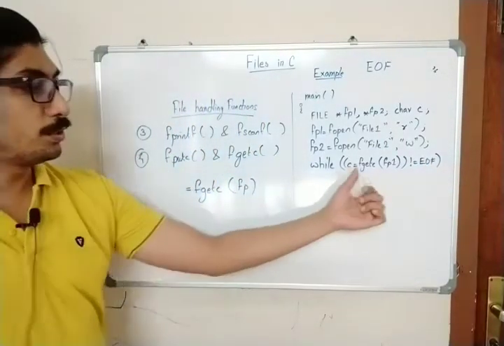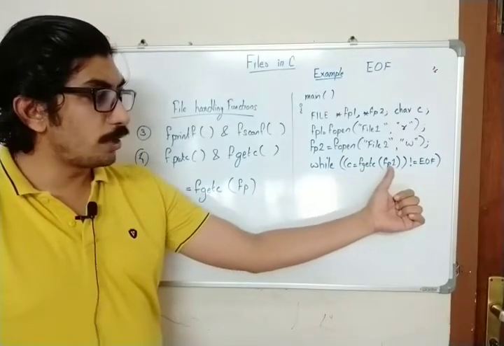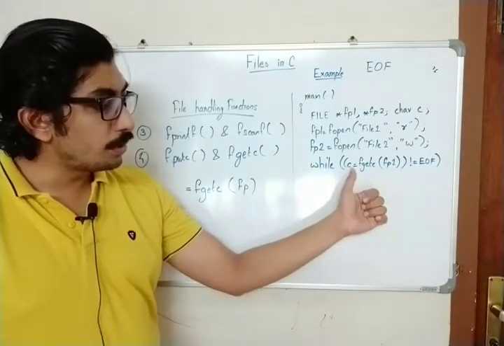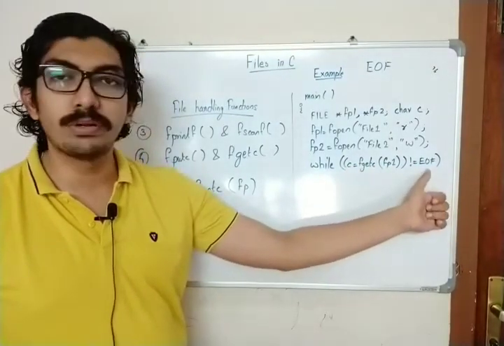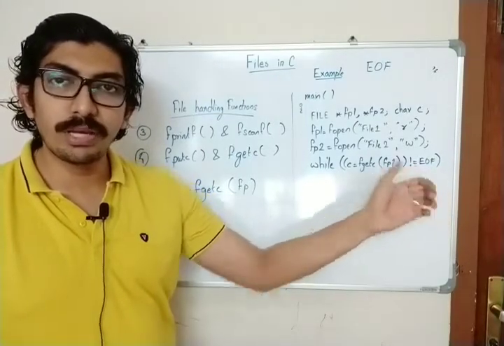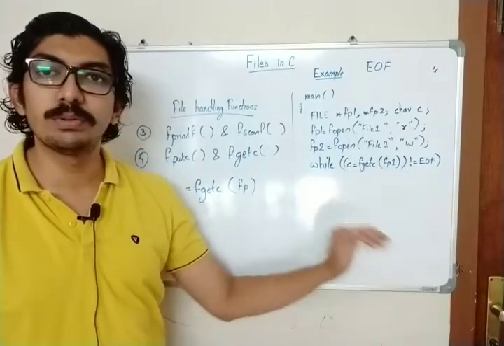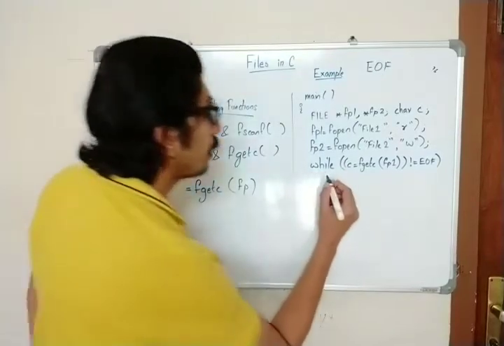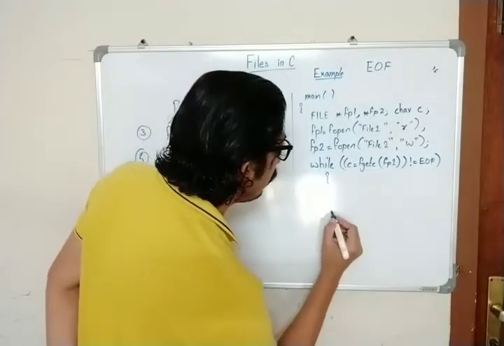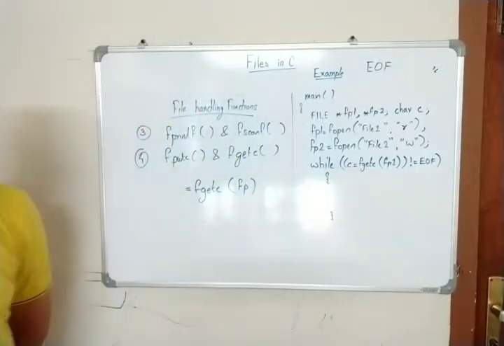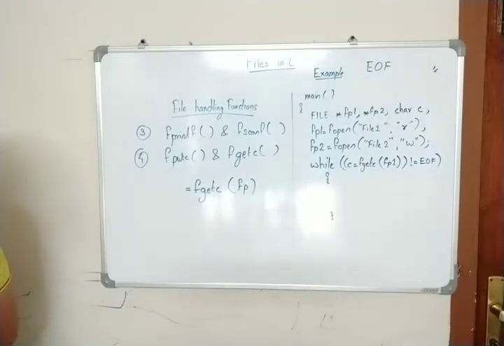So you read one character, and it is stored in c. Now we check whether c is not equal to end of file. If it is not equal to end of file, we haven't reached the end, and we can do the copying process. How can we copy? Now the content is inside c, that should be written into the